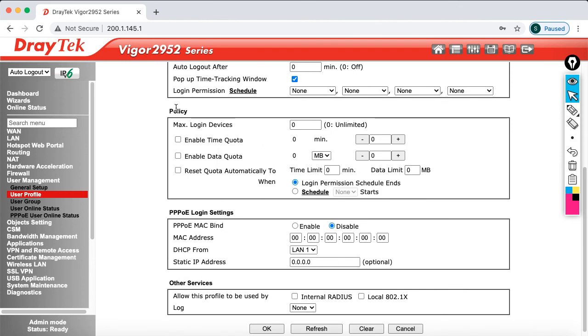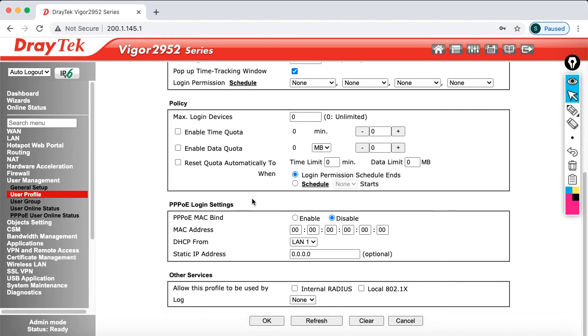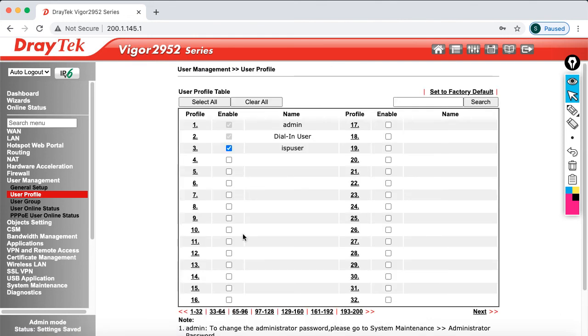In case you want to specify the policy, like how many devices can connect and what the time and data quota is, you can define it. So far I don't want to do anything. In case you want to bind a specific MAC address with a specific IP, you can specify it here. But so far I don't want to do anything. I just simply click OK. Now I have created the ISP user.